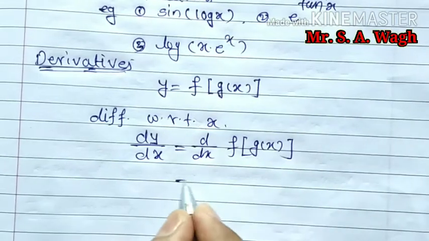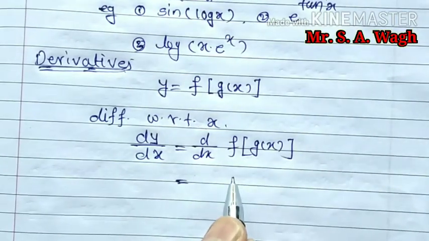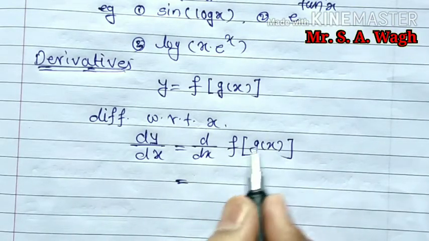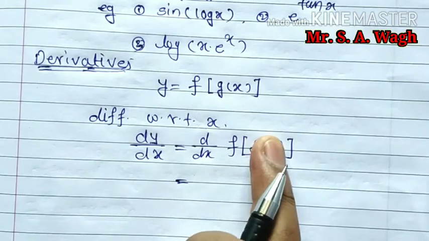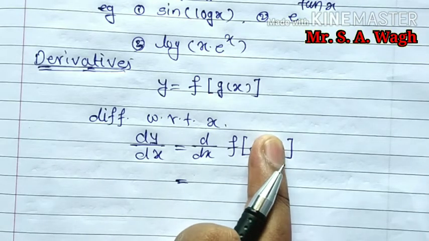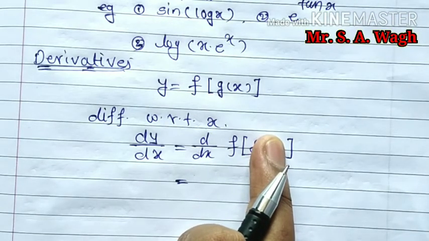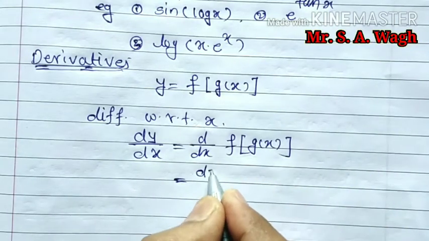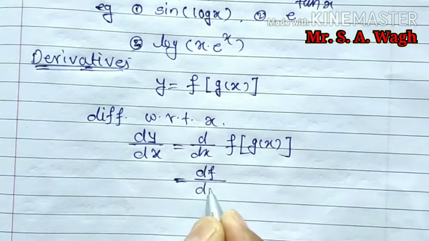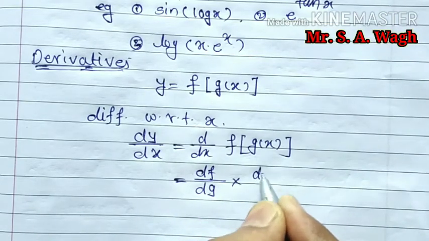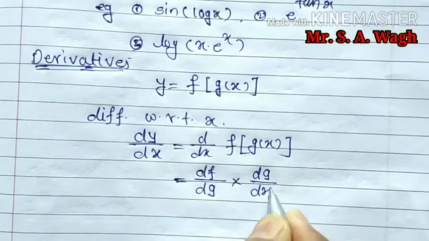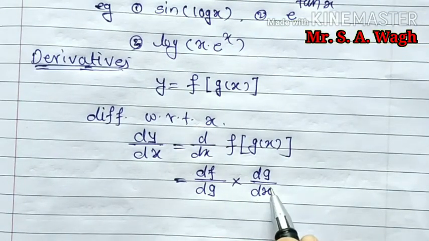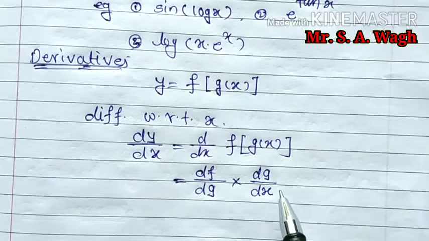One of the rules of derivatives is called the chain rule. It says that whenever you have to find the derivative of a composite function, you first differentiate the outside function by considering the inside as a variable x, and then multiply by the derivative of the inside. That is, we differentiate f with respect to g first, and then the derivative of g with respect to x. So the chain continues until we differentiate up to the variable x.